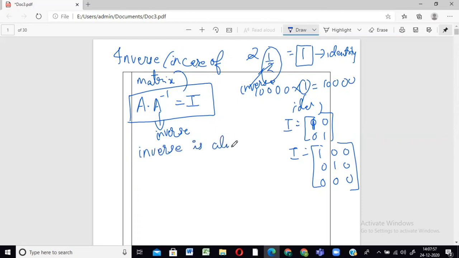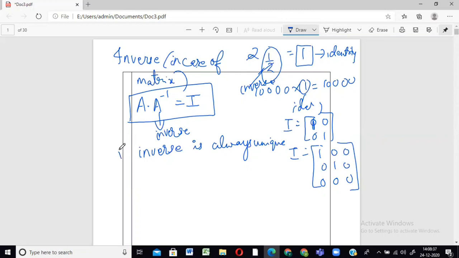Just like we saw here with 2, will any other number you multiply with 2 ever give you 1? No, right? Half is the only number. Other than half, can you have any other number which on multiplying with 2 gives you 1? There is no such number, correct? So half is the only number. Likewise, here also, A inverse is the only matrix which on multiplying with A will give you the identity. So the inverse is always unique. And the inverse of a matrix you can always find out by elementary transformation, as I said, as row transformation or column transformation.